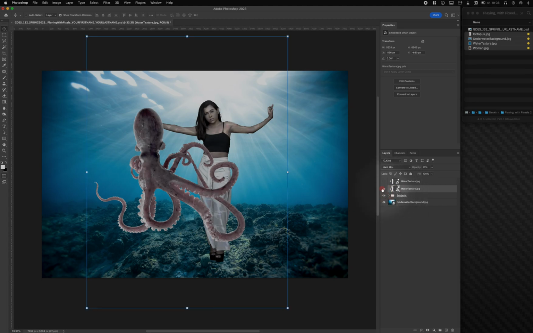So I like doing this because you can go in and experiment, turn layers on, turn layers off, and I'm not doing damage to any original pixels. Okay,